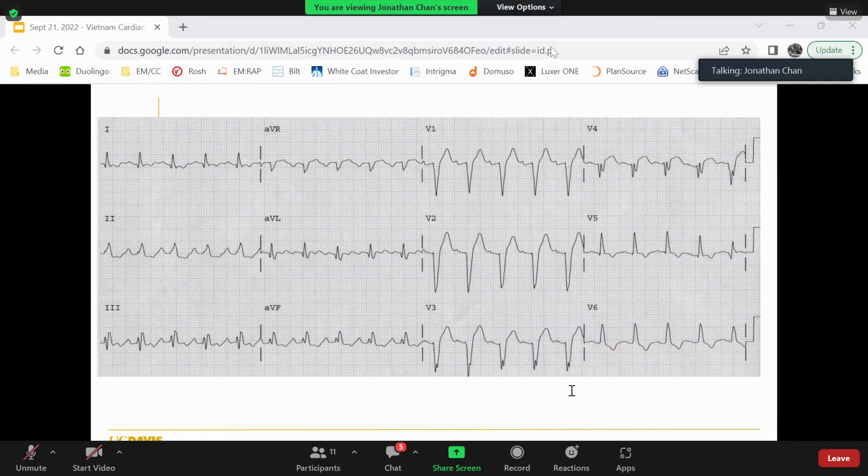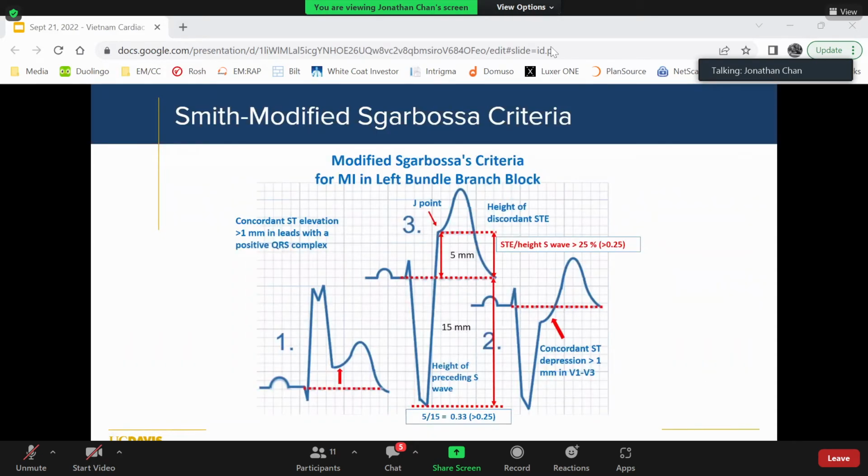The first one is any lead with elevation of 1 millimeter. So we have concordant ST elevation greater than 1 millimeter in leads with a positive QRS. If the QRS goes up and the ST goes up more than 1 millimeter, that meets the Scarbosa criteria for